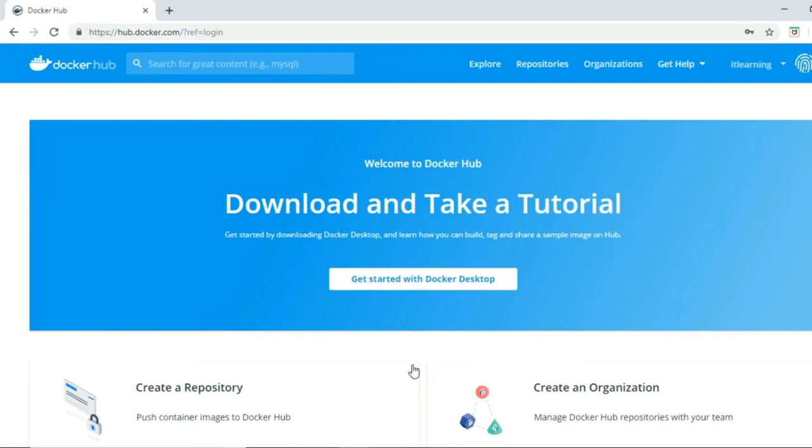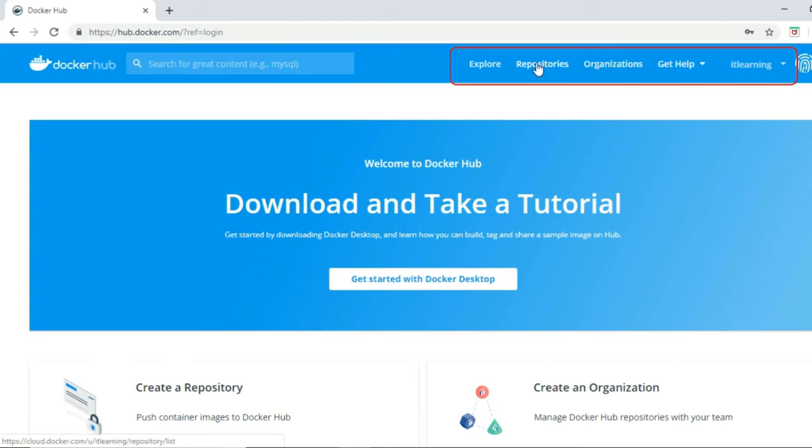So now friends, once you log in, you will get a view like this. And here we can see we are now getting a few more options which we were not getting when we were not logged in, like the options repositories and organizations.